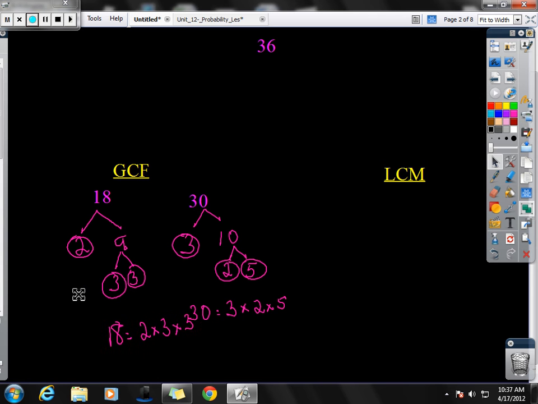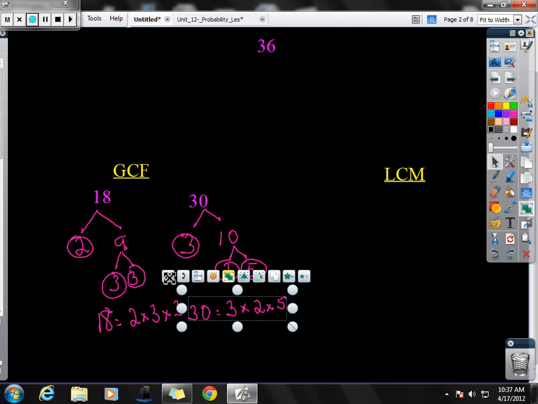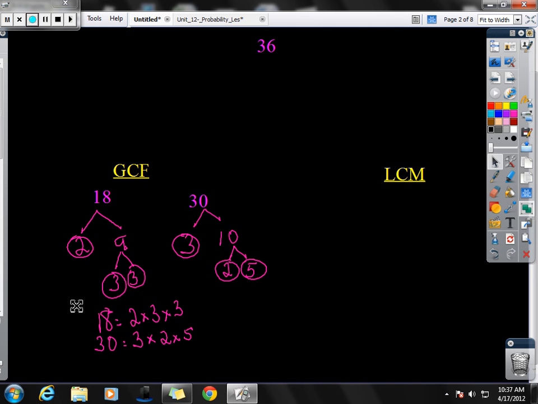Actually, that's okay. We'll leave those here. And let's get these guys and move them over here. I kind of put them this way so that we can line them up and see how it all shakes out. And I'm going to use a different color now. What I want to be doing after I put those two sets of prime factors on top of each other is I want to then